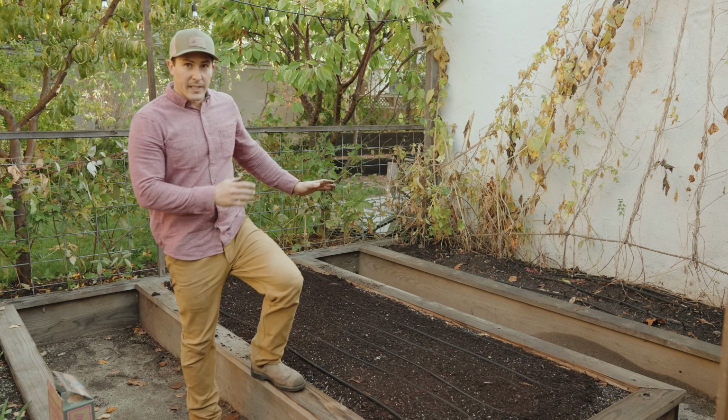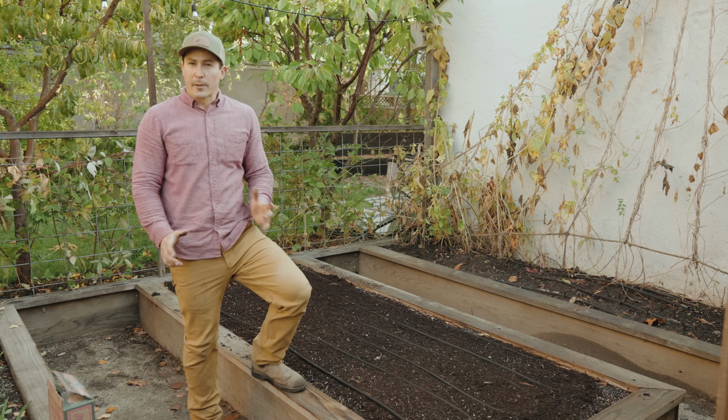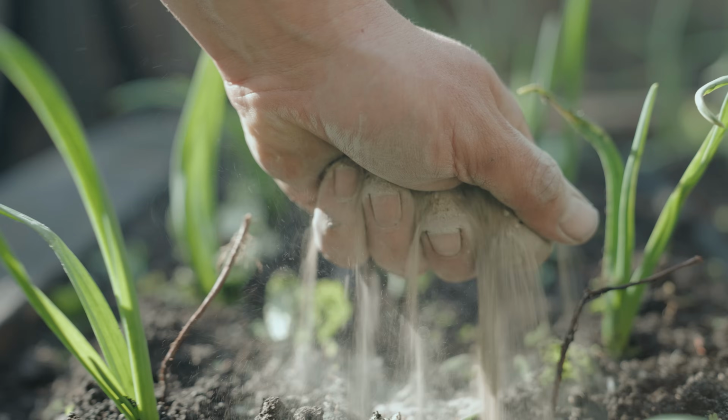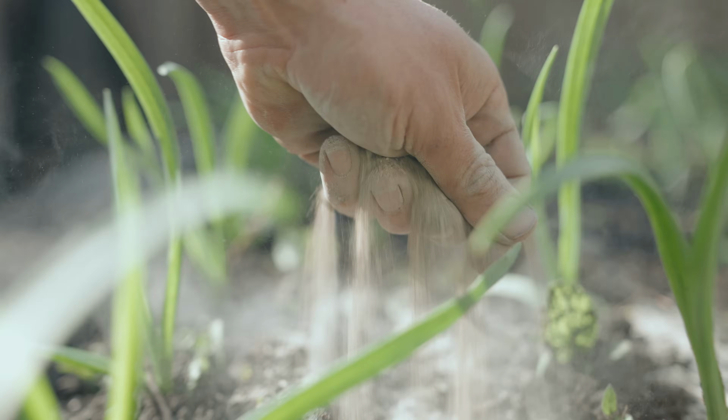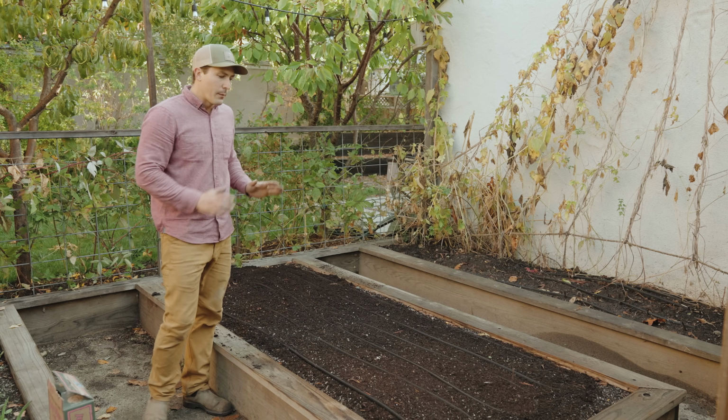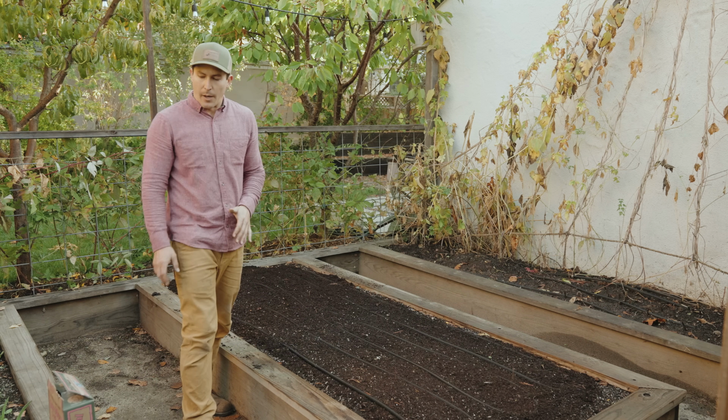Even though we plant garlic in fall, it really does most of its vigorous growing in late winter and spring. So that's when I'll come back and add a nice balanced fertilizer to provide plenty of nitrogen, phosphorus, and potassium. But there is one more thing I will be adding to the soil in addition to this compost,